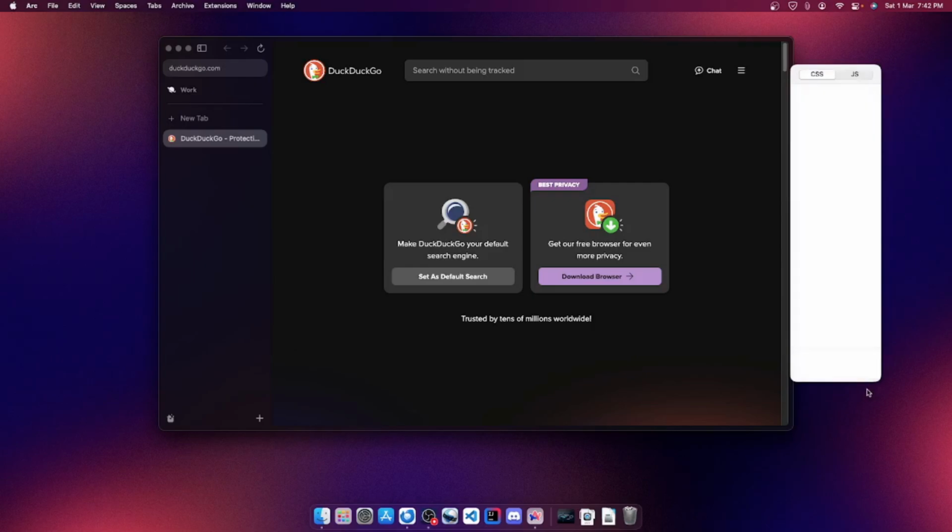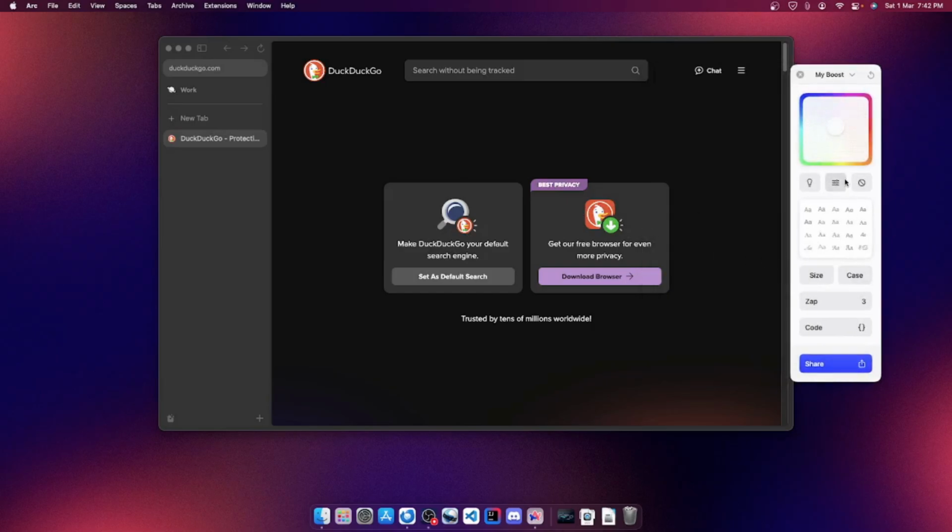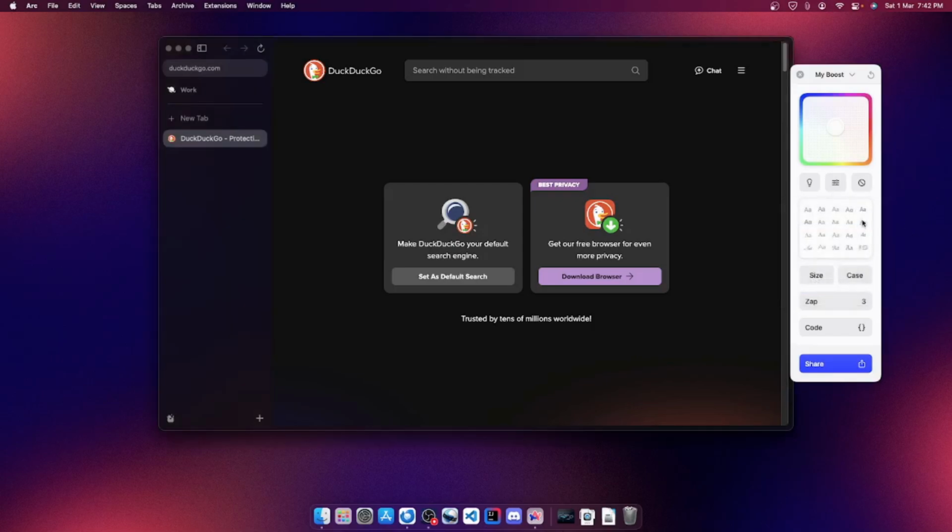And then there is this code. You could add some CSS. Let's say you wanted to make this more squared, not rounded, more like sharp corners. You could use CSS to do that. And there is also this feature: you could increase the contrast. I don't think contrast does much, but I think brightness will.